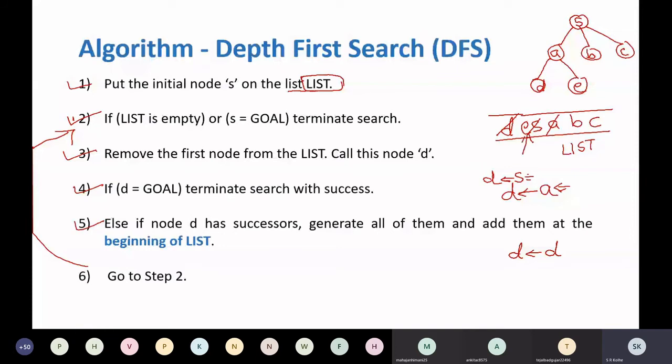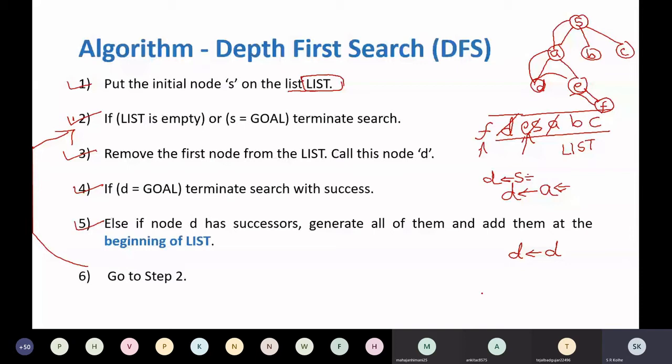Remove first node from the list. So E, is it a goal? If no, explore it. Suppose after exploring it, the next node is F. What we have to do with this F? Put them at the beginning of the list. So F will be here. Then from E, you are going to check F. So you will find out that how you have moved from S to A to D, from D to E, E to F. In this way, you are moving, and algorithm is functioning like the procedure that just now we have discussed.